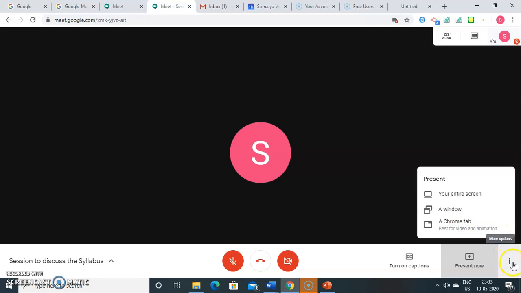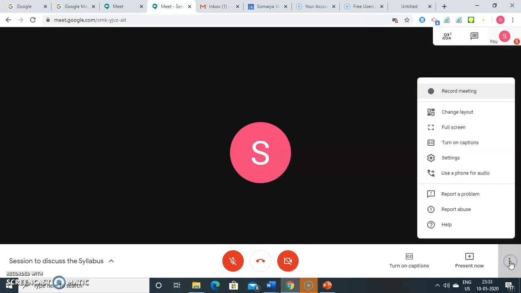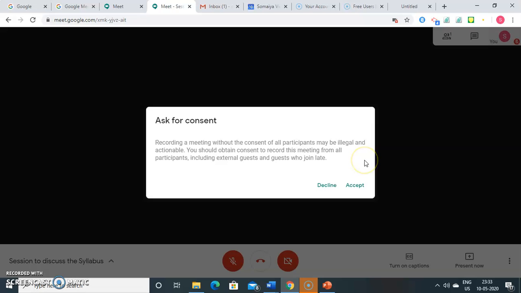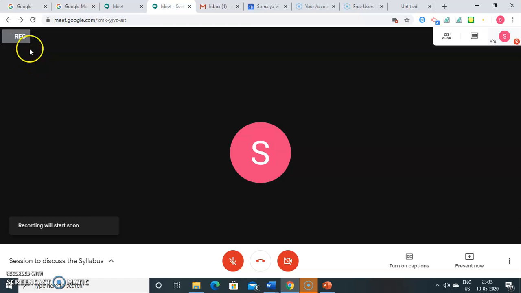Then you can see three dots, the last three dots. Here these are more options. When I click on this, these are the options which come on the screen. The very important for us for the purpose of documentation, you have an option to record meeting. So once you click on record, see, now I've clicked on record. So this is asking for my consent. I am saying okay. So now you can see the meeting will now get started, and it will get recorded. So now the recording is being started.